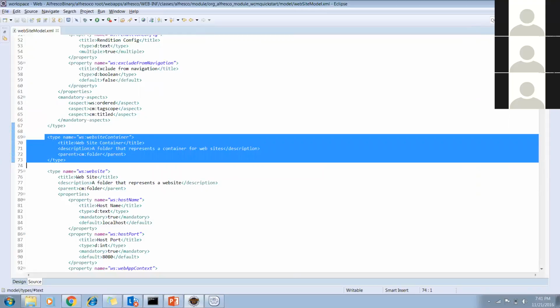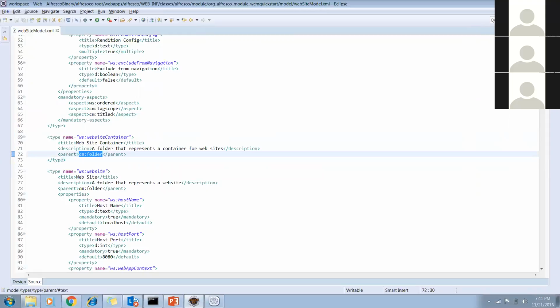Because you don't have any properties or aspects here, if you add any of this website container, any of the folder, that will have the same default properties which this CM folder would have.